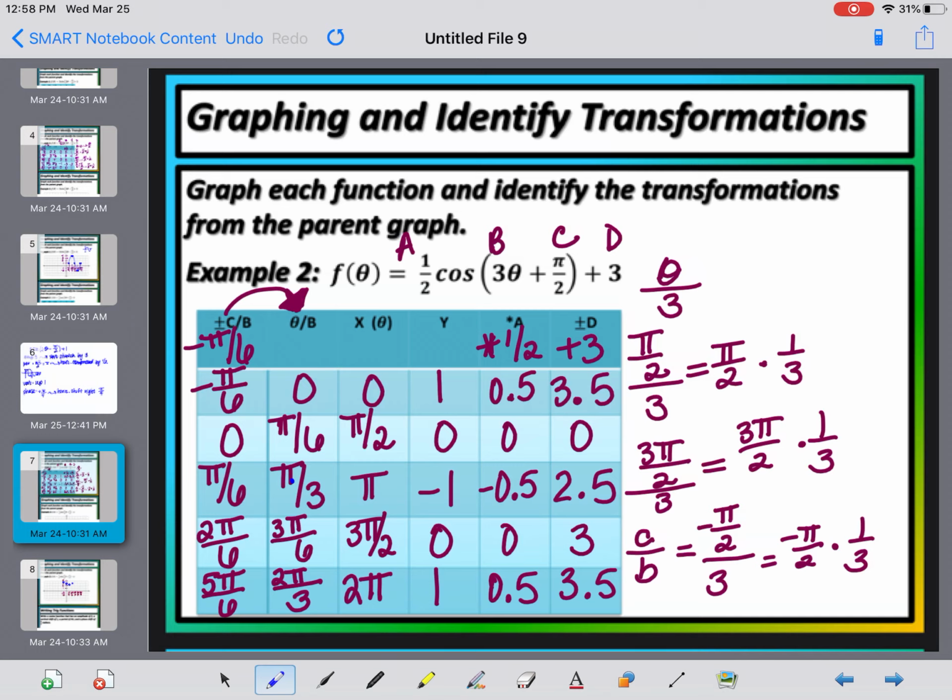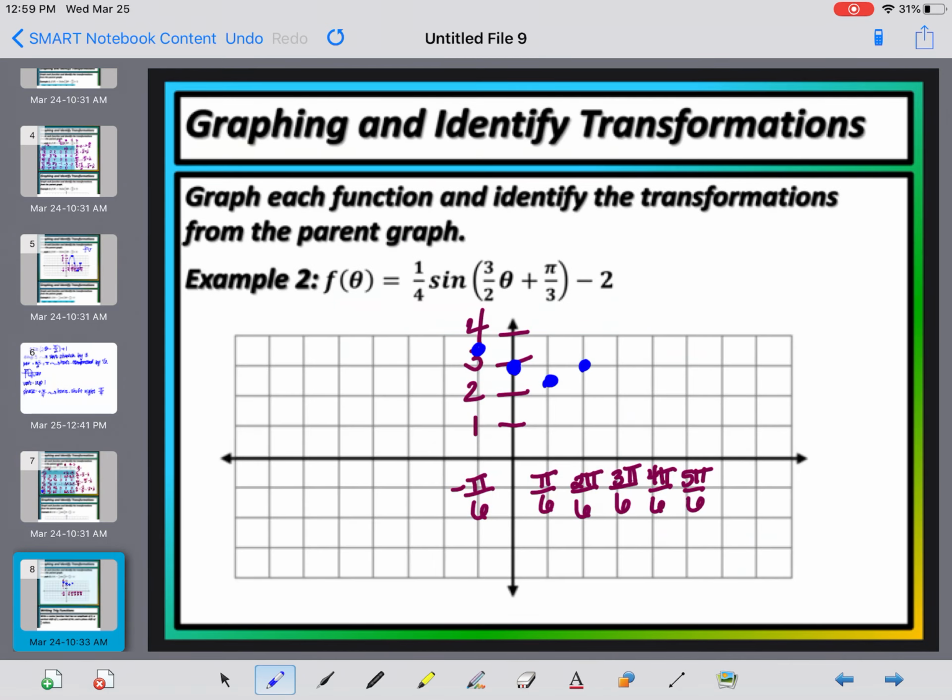Oh, here we go, this last one. Instead of 5 pi over 6, this should be 3 pi over 6, so sorry. All right, that makes much more sense. Sorry about that. Okay, now, cosine is a little bit harder to find the shape and to get a nice